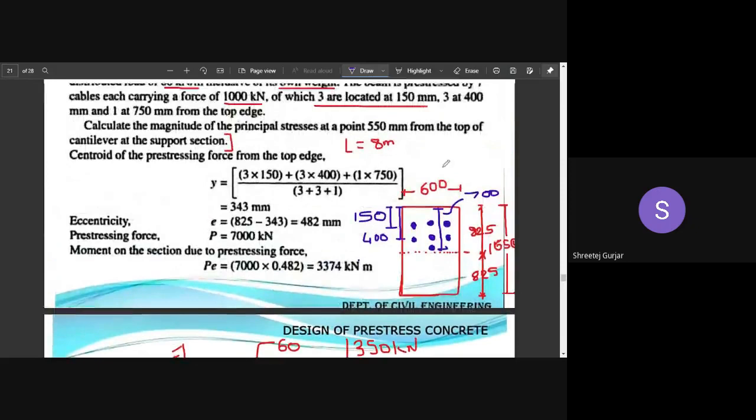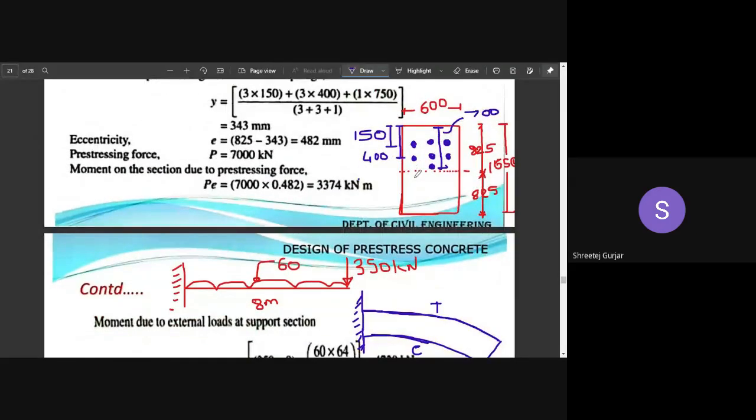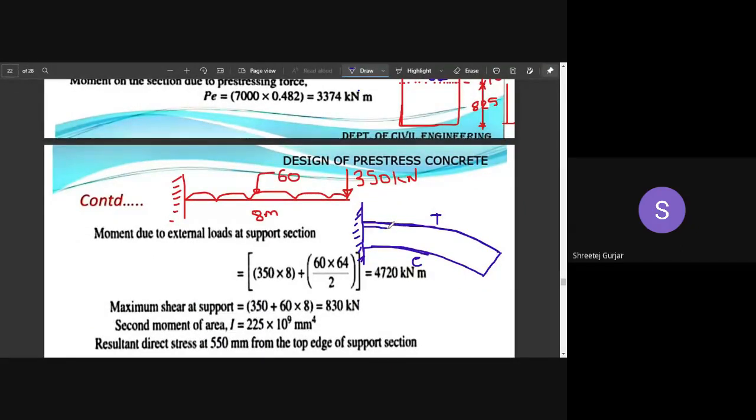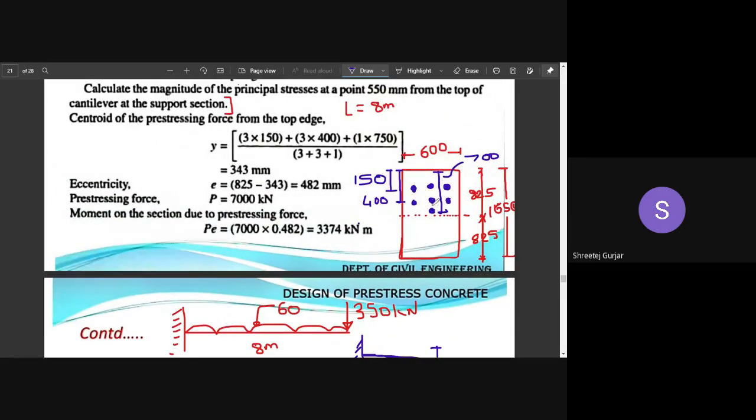So where do we need to provide steel? Where the concrete is in tension, right? Because steel is good in tension. So we need to provide steel wherever there are tensile forces. So we need to provide our reinforcement at the top face. Remember, don't draw your cross section in the reverse format. This is the very basic thing, and many times it is also asked in interviews whenever you go for any interview.